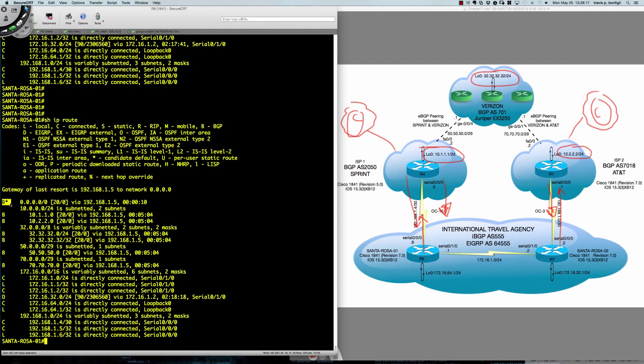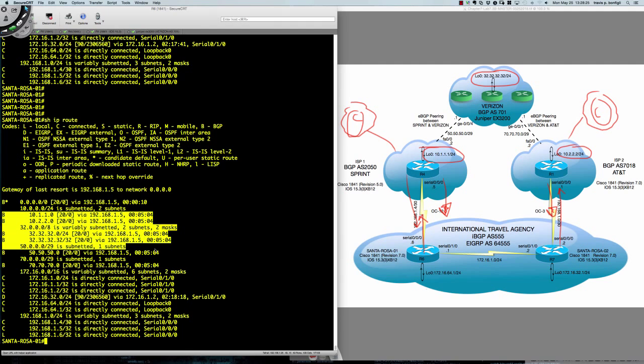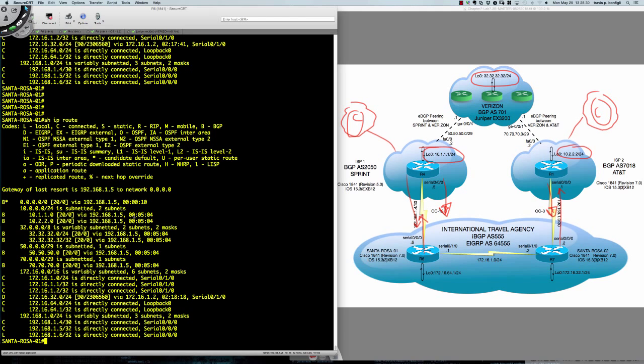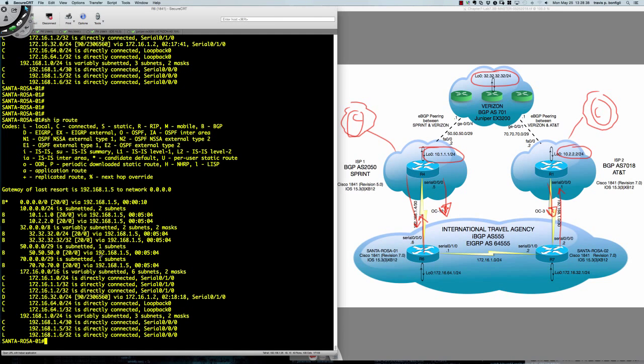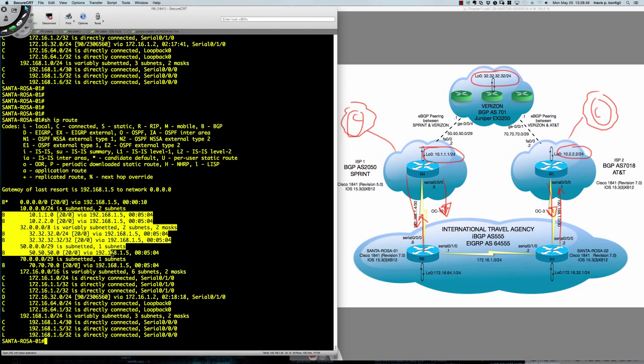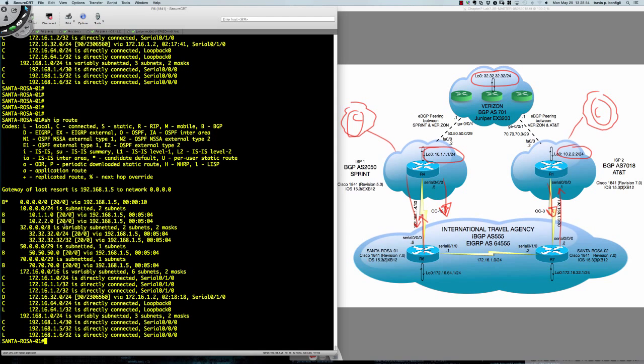And sure enough, I am. But what do you notice? I'm getting the default route, but I'm still receiving the partial updates. And this is key because I'm almost positive that in the exercise in Chapter 7 that we did, this is exactly the scenario that you ended up with. So I think it's great that I've got this default route, but if I only want the default route and I don't want partial updates, because I don't want it crowding my routing table up for whatever reason,